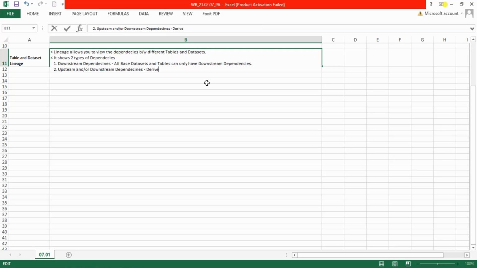Whereas derived data sets, they may have upstream, they will in fact always have upstream